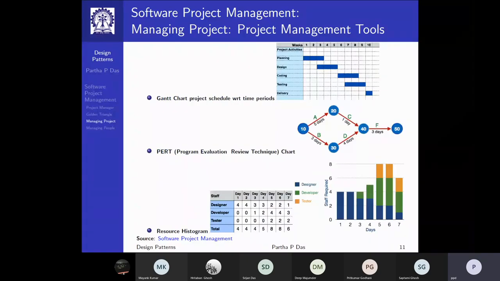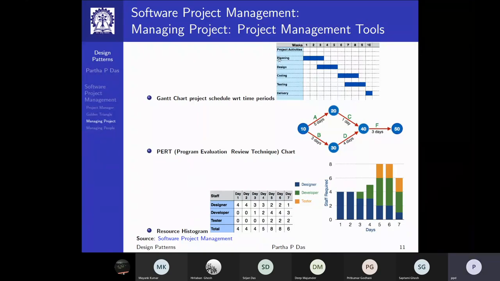Some of the typical tools that project management will use, you may learn about these tools even though you are not managing a project. It's good. These tools are useful in managing your own work as well, like the Gantt chart, which shows a schedule. You can use a Gantt chart tool, or what we often do is we just use an Excel and do the marking. So on the rows are the different activities, and on the columns are the time units, here shown in terms of weeks. And the shading shows the period over which this activity goes on.